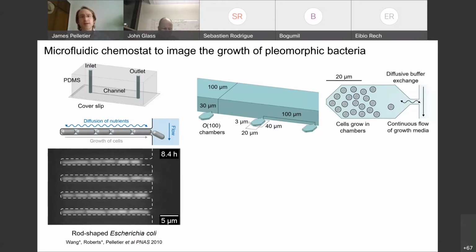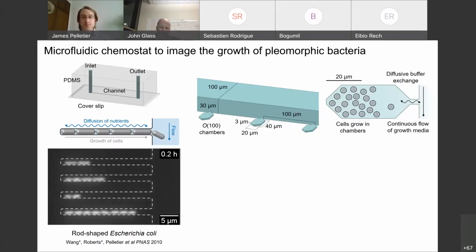A key point here is that mycoplasmas don't have a cell wall, so their shapes can be deformed by shear forces that are present in bulk solution. A major advantage of the microfluidic chemostat is the cells are shielded within these chambers and they're not exposed to flow. So fresh growth medium diffuses into the chambers, so the cells are provided with a continuous supply of food, but they're not exposed to flow, so the shapes that we observe in these chambers are the intrinsic shapes of the cells due to forces generated by the cells themselves, as well as confinement to a depth of 3 microns